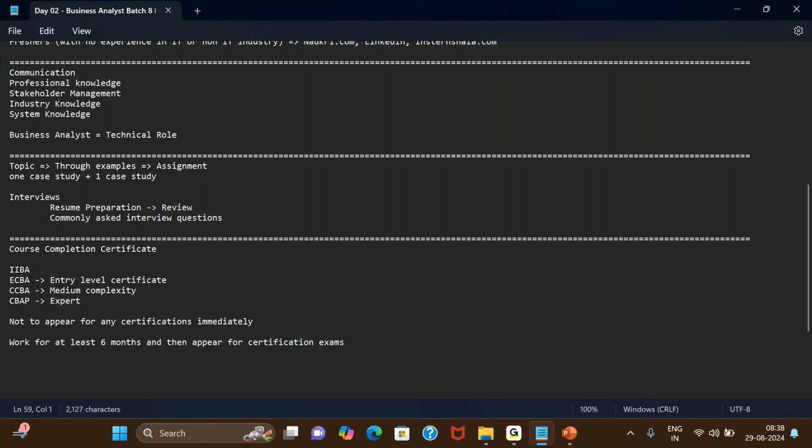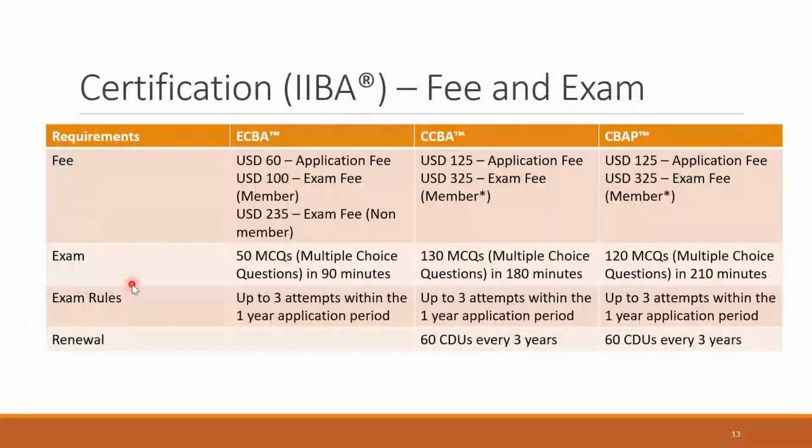Because usually if a candidate who is appearing for a business analyst training program doesn't have much idea, for them, if they appear for CCBA or CBAP, it will be a waste of money. What will the fee structure be, sir? The fee structure of the certifications, just for knowing, as of now, there aren't many features as such. But yes, usually in future, let's say,